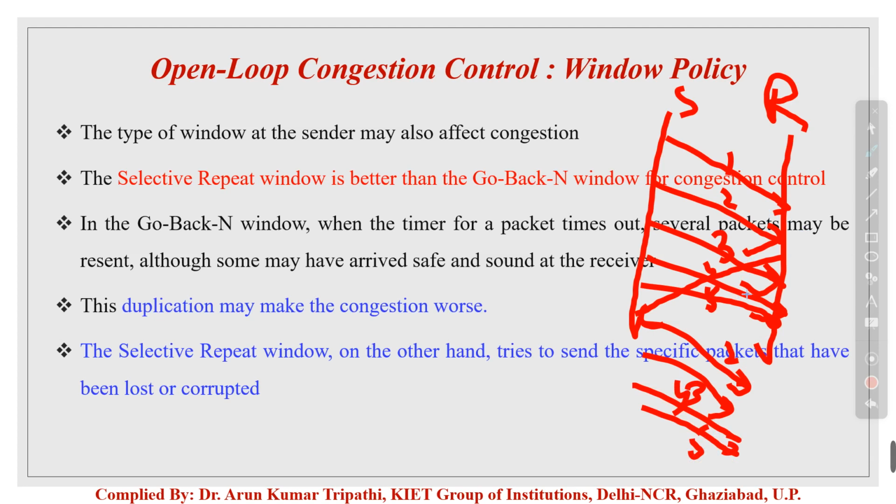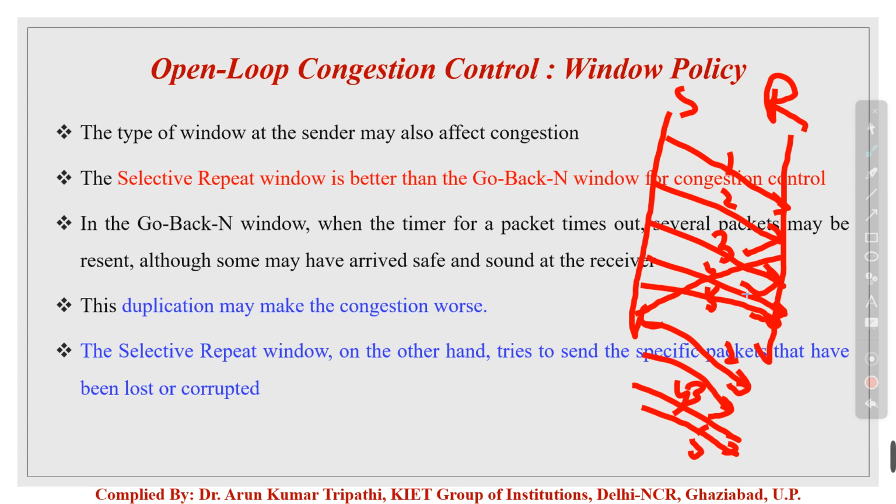So obviously, there will be congestion on the network. When a packet has reached the destination successfully, what is the need to retransmit that data packet again? So we should not opt for go back N ARQ. We will select selective repeat. Whatever packet has been lost, or for which we have got the negative acknowledgement, we have to send only that data packet, not the entire data packets that we have already transmitted.